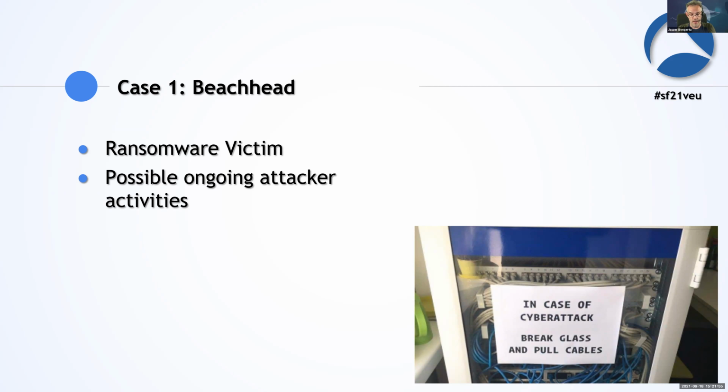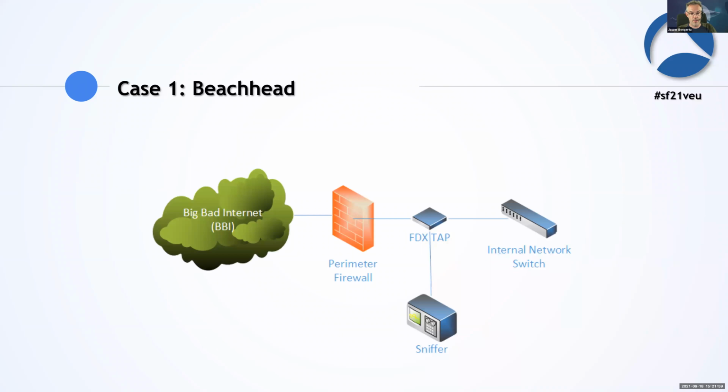And how do we do that? Well, we install a sniffer, usually at the perimeter firewall. And if you take a look at this very simple diagram here, to the right of the diagram with the internal network switch, of course, there's a lot more than just one switch. It's a company with about 1,000 employees, I think. So there's much more technology on the inside of the network. I just left that out because it's not that relevant.